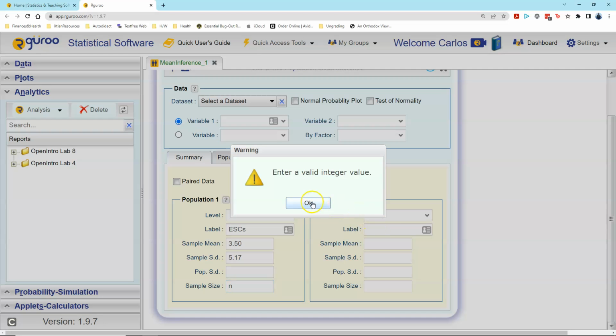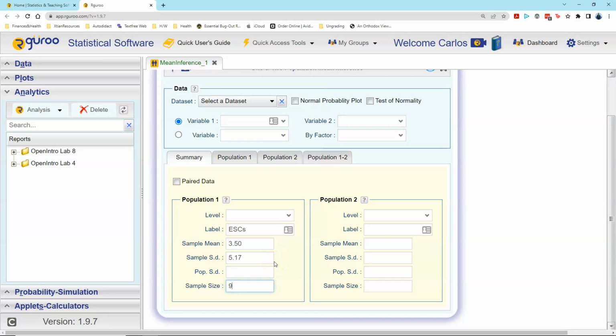I'm going to label my enter value. Okay, I didn't put 9 in there. There we go. I then come over here to label for the second population, which is our control group. So I type that in. Type in the sample mean of minus 4.33, sample standard deviation of 2.76, and then lastly, the sample size for that is also 9. I have now entered in all the information we need to perform an inferential statistics